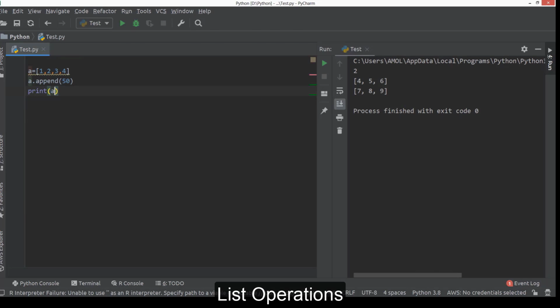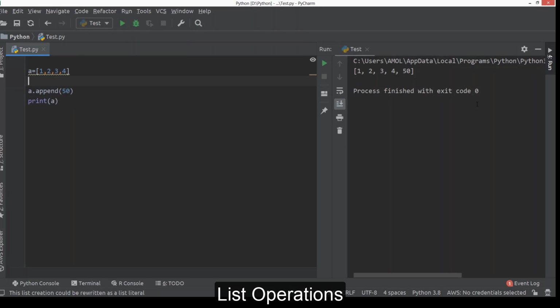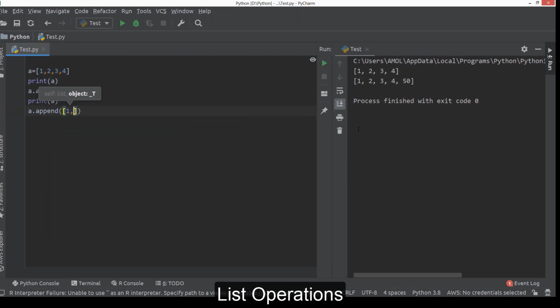So it's printing like this, and now we are getting a warning because we create the list and immediately append. So here we'll print it first and then add elements. The initial list is 1 to 4, then we append this element 15, then we print. You can append another list also, like a nested list as we have seen previously.